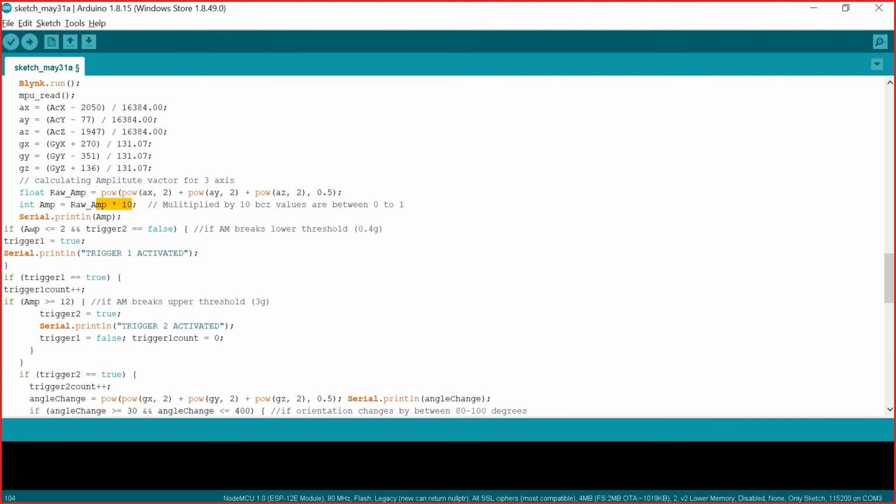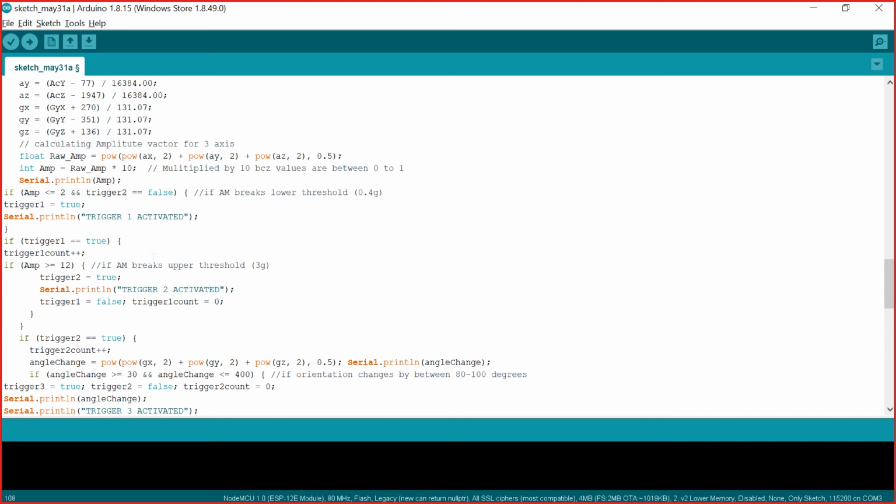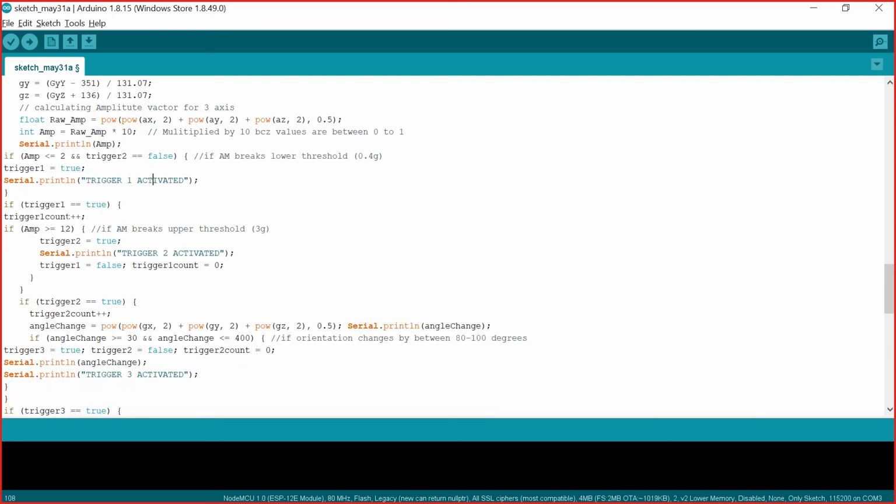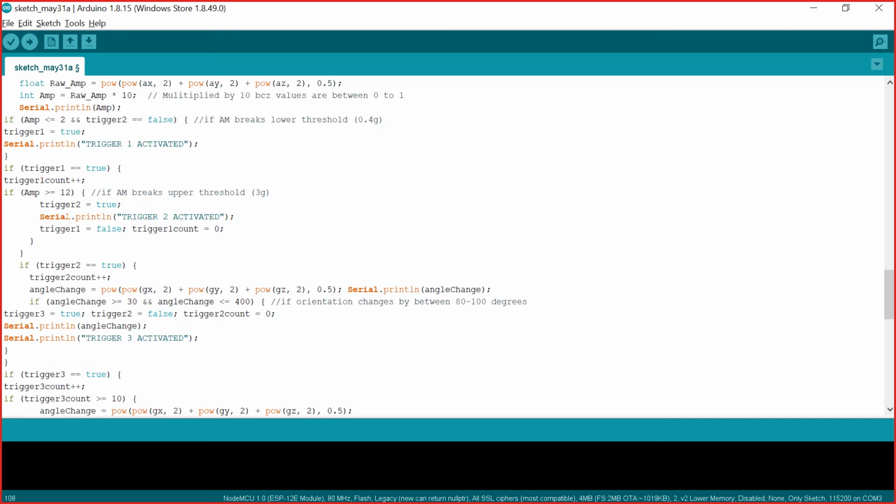For fall detection, we normally have a small problem: small changes are also detected by our gyrometer or accelerometer. But for a fall to happen, there are some preconditions. These are the three conditions we use as three triggers to detect a fall. For the first trigger to happen, the particular fall should take place, nothing but sudden changes in amplitude. When the sudden change happens, trigger one is activated.